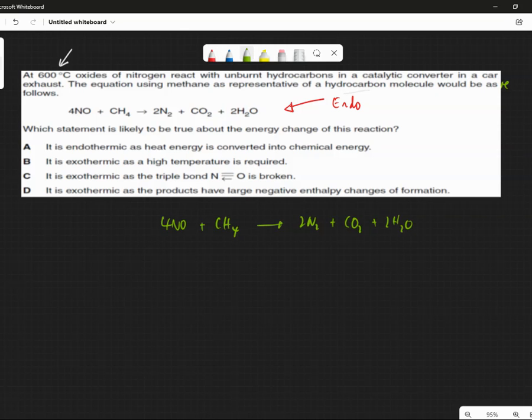Now you could look this up in the data booklet, but you don't know a lot about this, do you? You don't know an awful lot about these bonds, do you? So we have to break these bonds. We have to break these somehow. But which bonds do we form? Well, we form this bond,